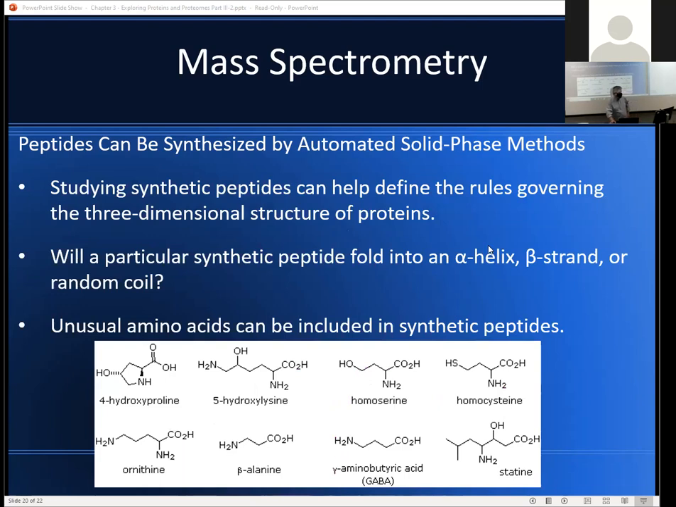Peptides can be synthesized by automatic solid phase methods. Again, we're talking about uses for these synthetic peptides. We can use them to study structure and the rules governing the three-dimensional structures of proteins. So we already talked about